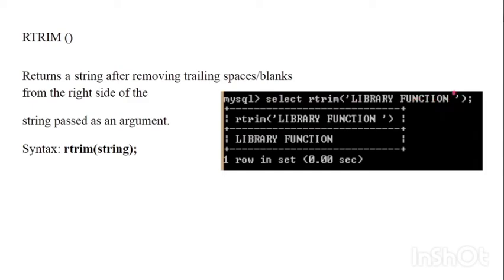Here you can see there is a space after the string. This is also a character of the string. So this rtrim will remove this space in the end and produce the output without a space in the end. So ltrim will remove the space at the beginning and rtrim will remove the space at the end.